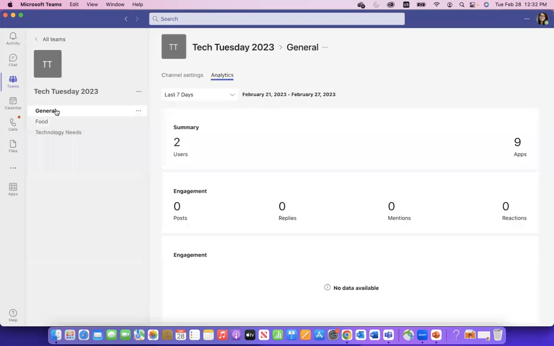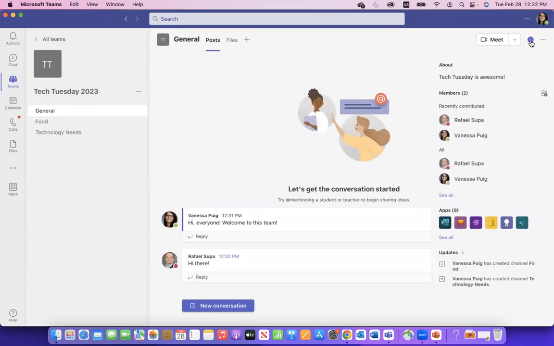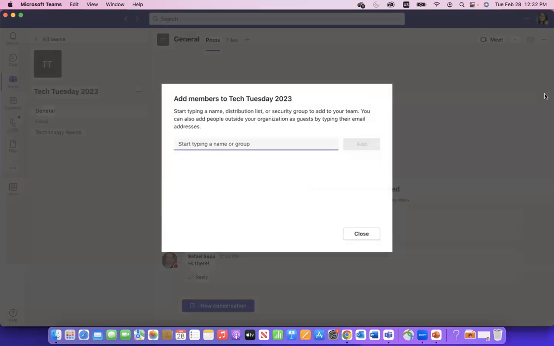And if I go back to my channel here, I can click on this information icon right here, and I can see the members that are here. I can add new members at any time by clicking that little icon and typing them in. One question I know that Raphael gets a lot is, can I add outside collaborators from other institutions that we work with, NYP, for example?